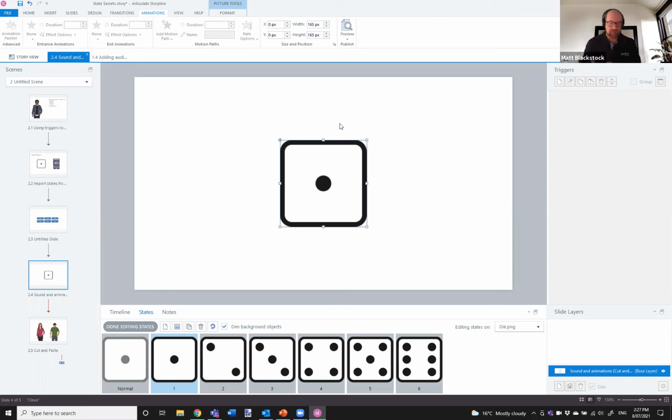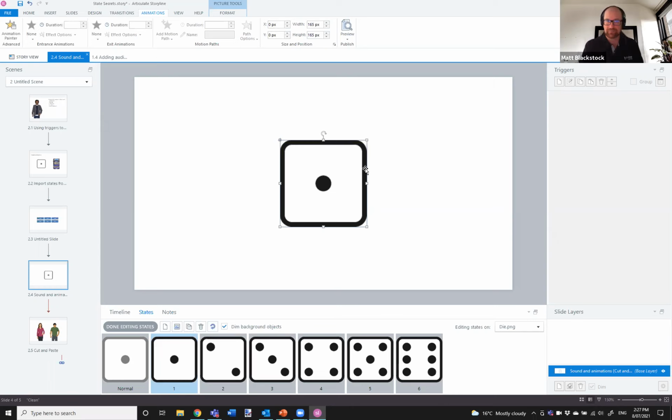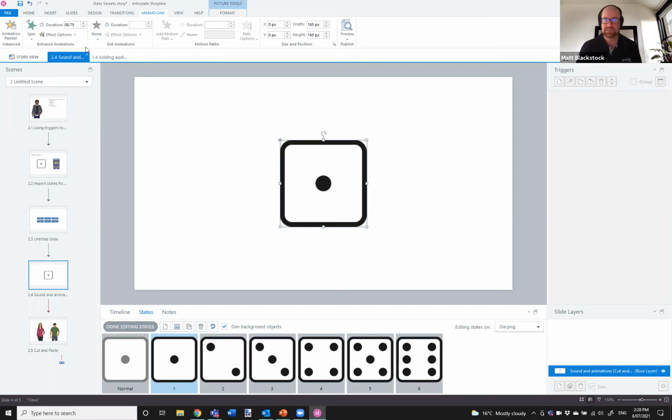So here's what I refer to as the magic cut and paste trick, and this is the first area where it can be used. I'm in the editing states. I'm on state one. I've selected it, and all I'm going to do is press Control X to cut it, and Control V to paste it back. The minute I cut it and paste it back, look what's happened. I can now add an animation to that item, to that particular state.